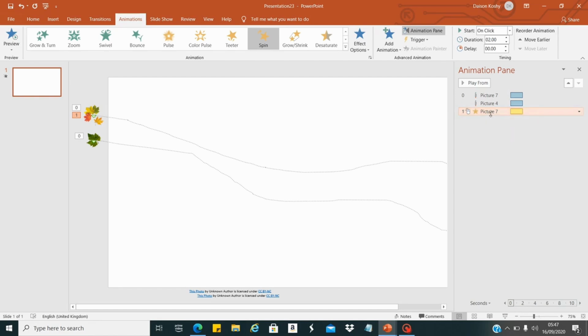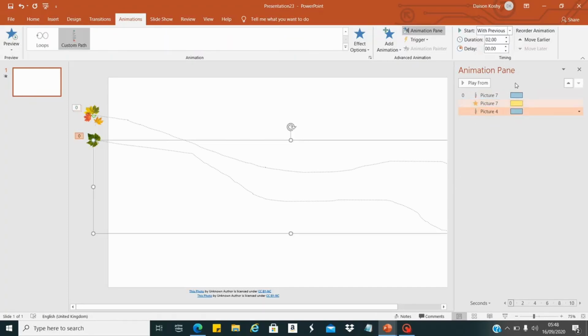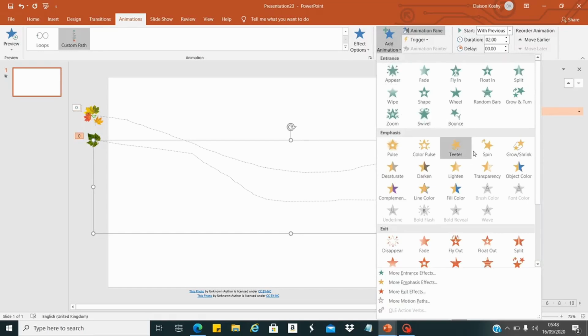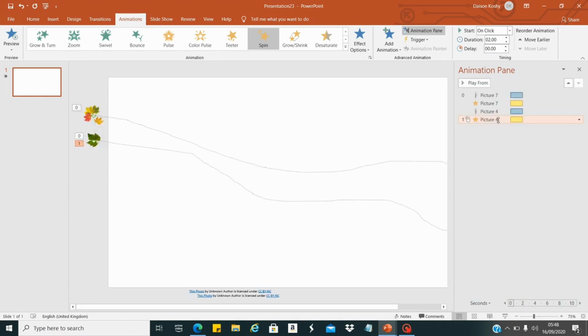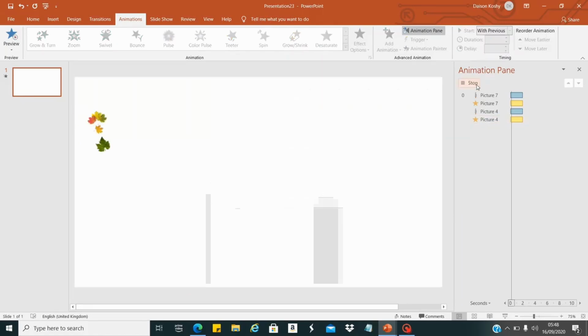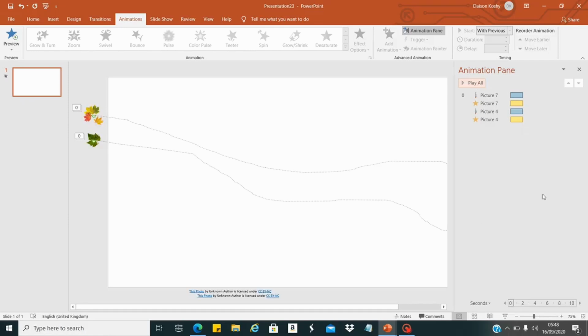We will drag this under picture 7 and make the start with previous. Then we select the second image, select spin, and also set start to with previous. Now we play all. Okay, so we have another picture with two animations.